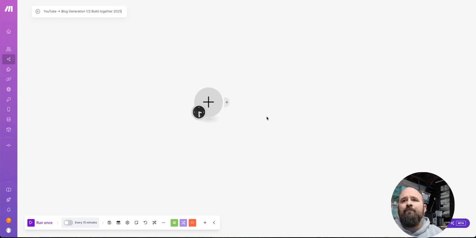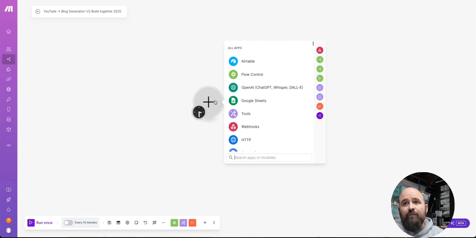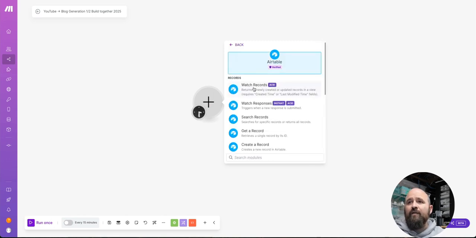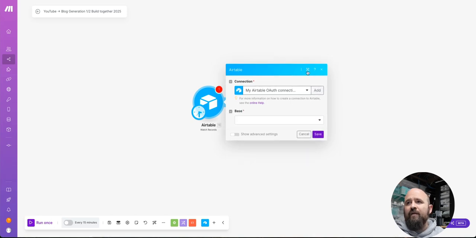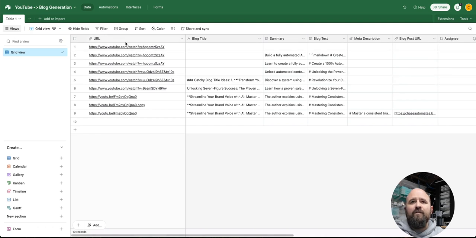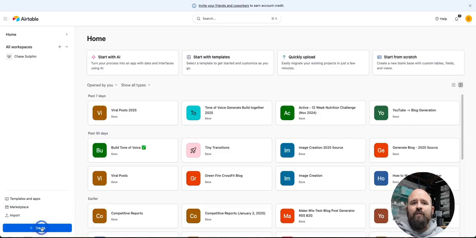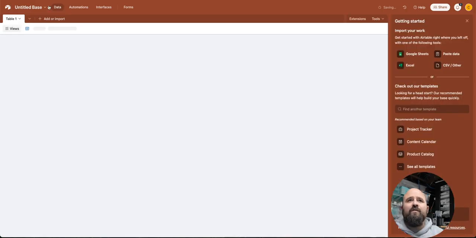All right, so our first scenario, we're doing an Airtable watch record again. So we're gonna build this Airtable from scratch. So right now, I don't wanna grab anything yet because it's not gonna be there. Let's go ahead and look at the fields that we have here. We're gonna open up a new one. We're gonna create from scratch, and we're gonna call this one